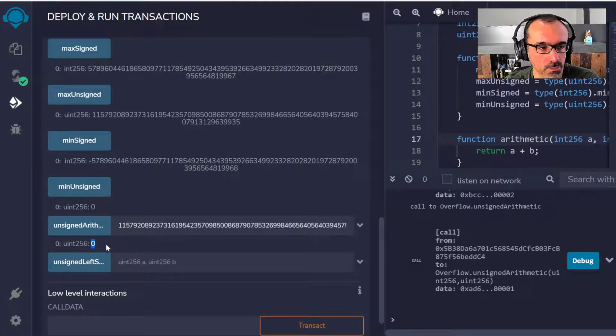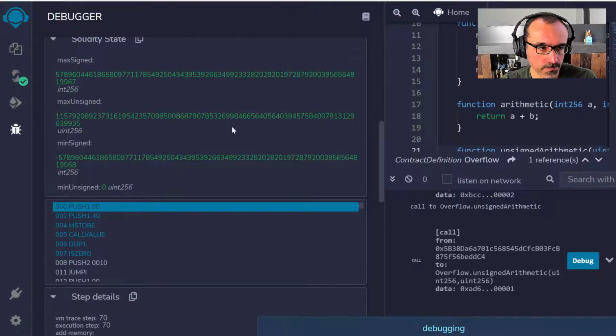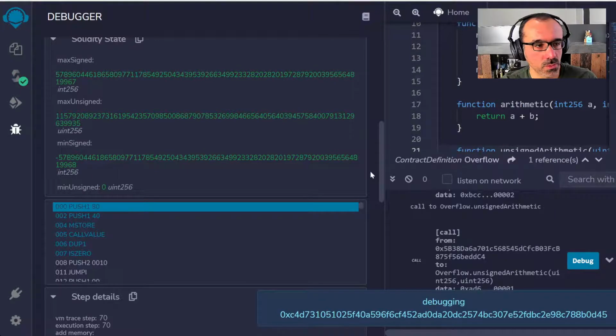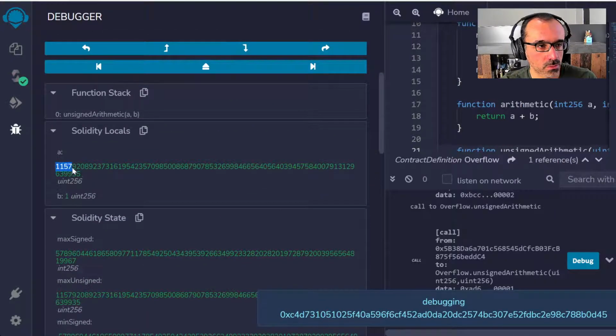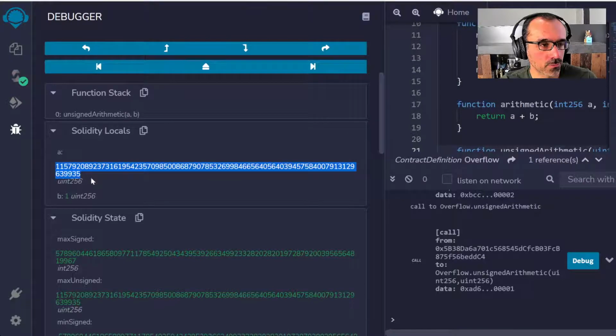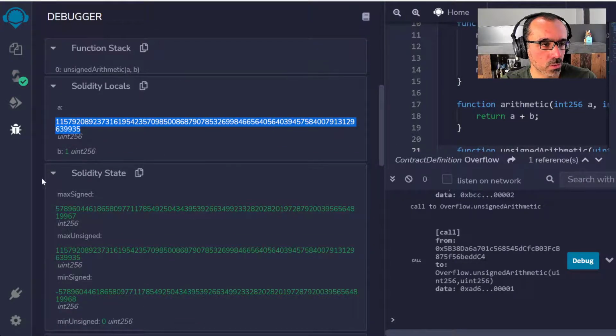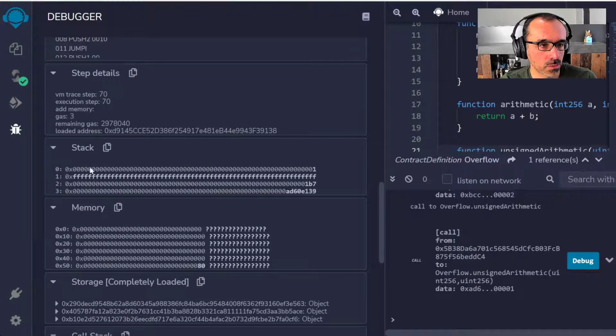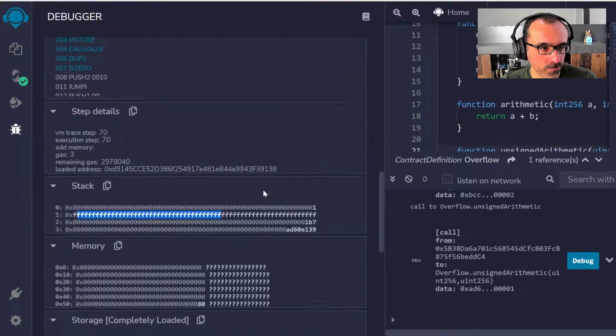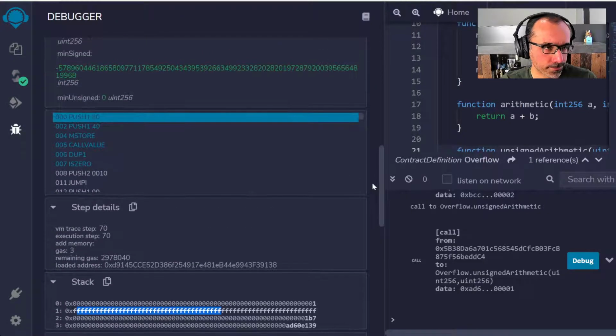The value wrapped around. So suddenly we got 0. This is unsigned, so we don't have negatives here. But yes, the value wrapped around, we got 0. And let's debug this together. Again, similar to before, we have two values, this uint256 max value and b is 1. If I look at the stack, on top of the stack I got 1, that is b, the rightmost value, first, and then a, which is this FFFF value, 256 bits or 32 bytes.